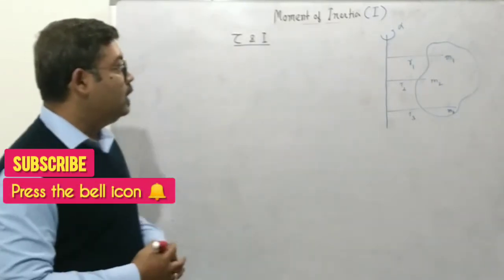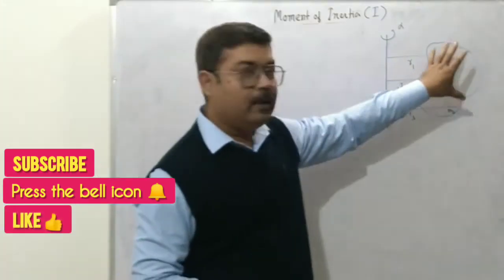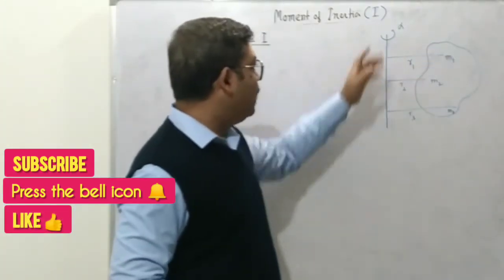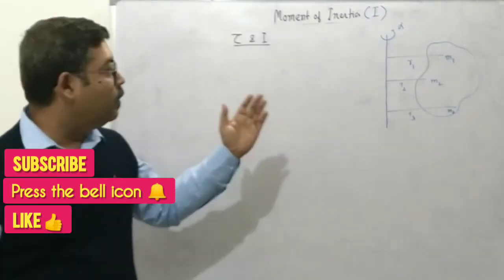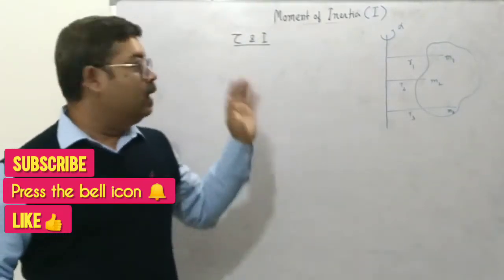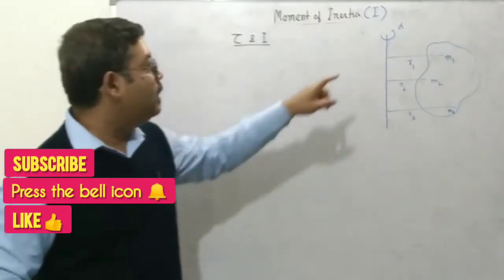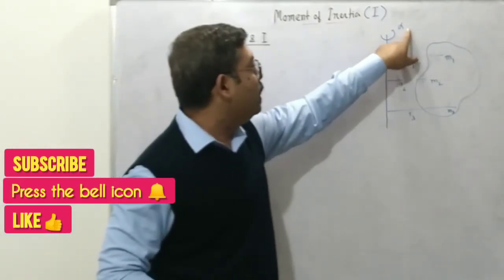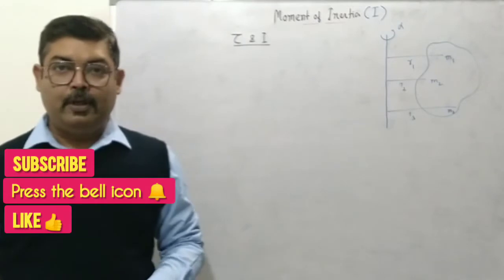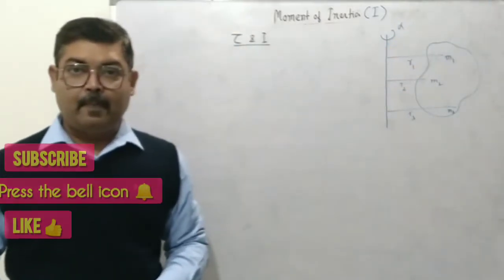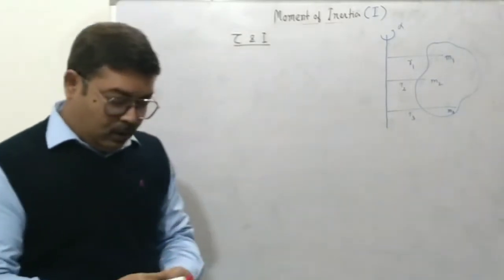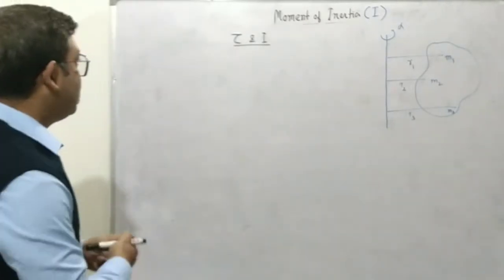Now we will consider that there is a rigid body of some shape rotating about a given axis under the influence of a force, or in other words there will be a torque on it, which means there is an angular acceleration of the body. We will say that angular acceleration is alpha. Okay, so the torque that is acting on the body, tau,